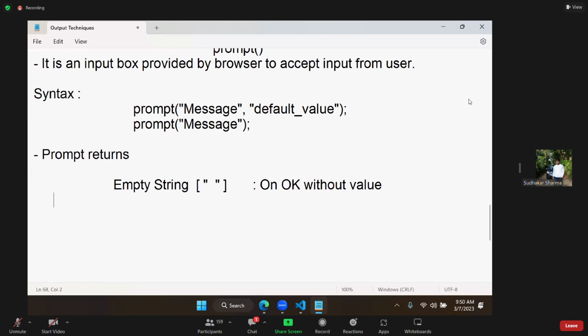It will return an empty string on OK without value. Without value, you clicked OK, so it will return an empty string. Now, another important point: what does it return? It returns a string. So on OK